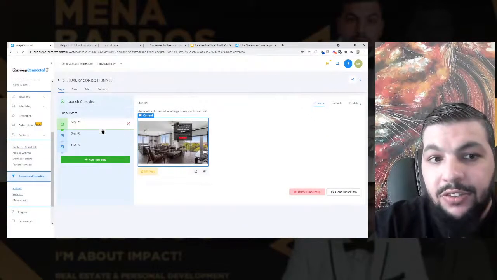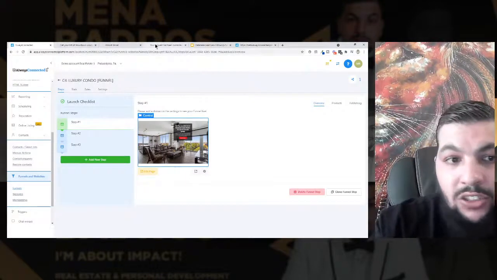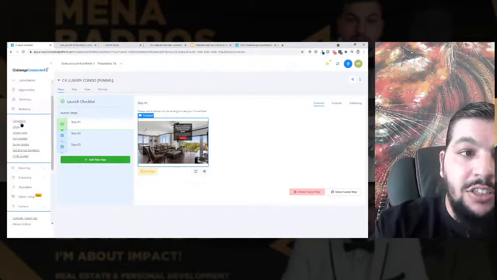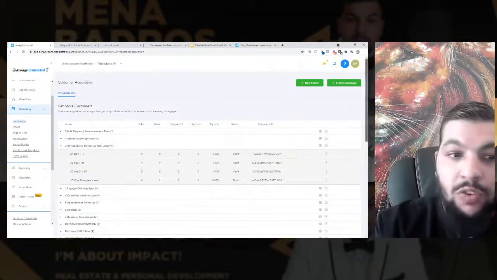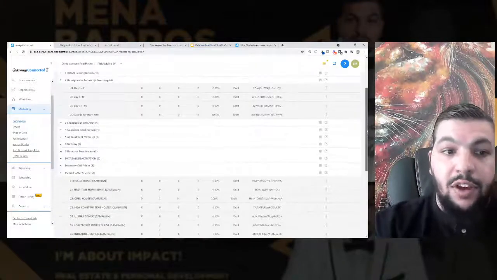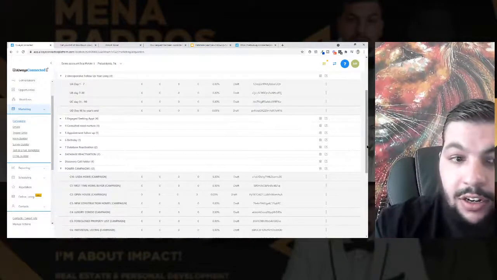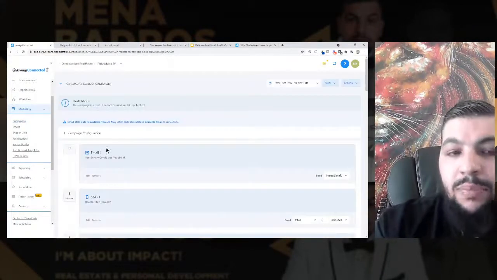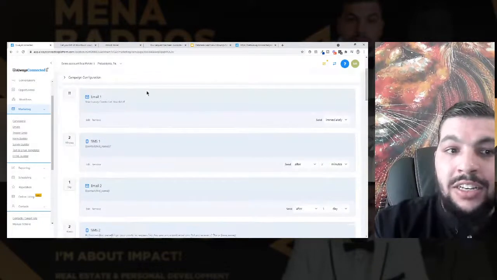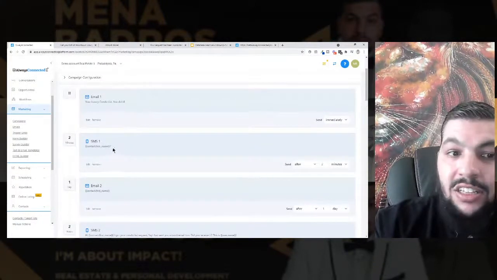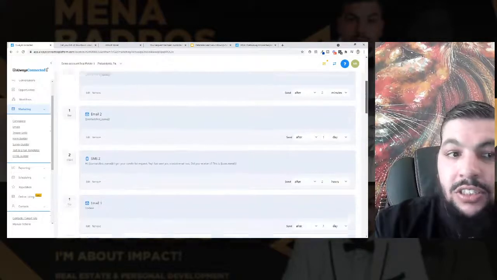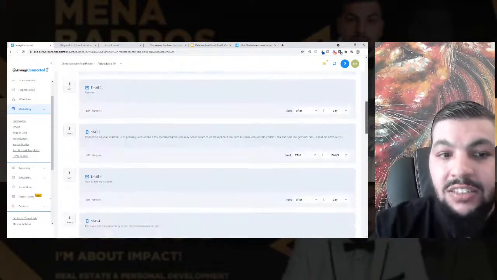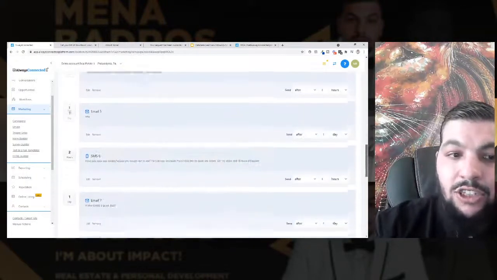As you'll see here, it's the 3 steps, which is the 3 pages I just showed you. On the back end, when someone submits a form, here is what happens. So we have a campaign already laid out for every funnel. So right here under luxury condo campaign, when someone submits the form, right away they'll get an email, right? 2 minutes later they'll get a text, and then the system will continue to follow up essentially for 7 days via texts and emails to get them engaged with you.